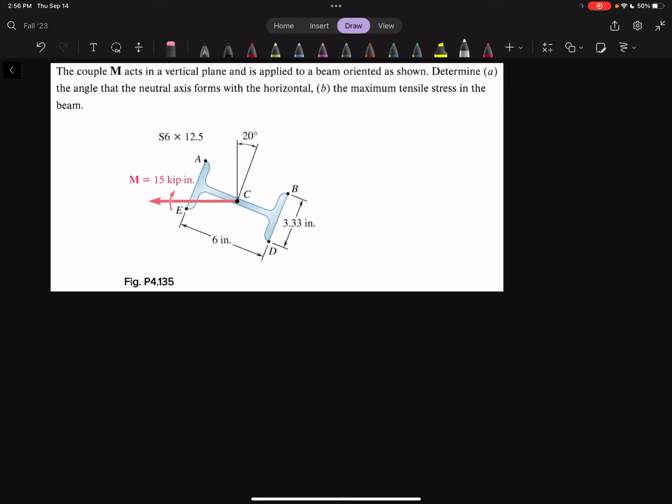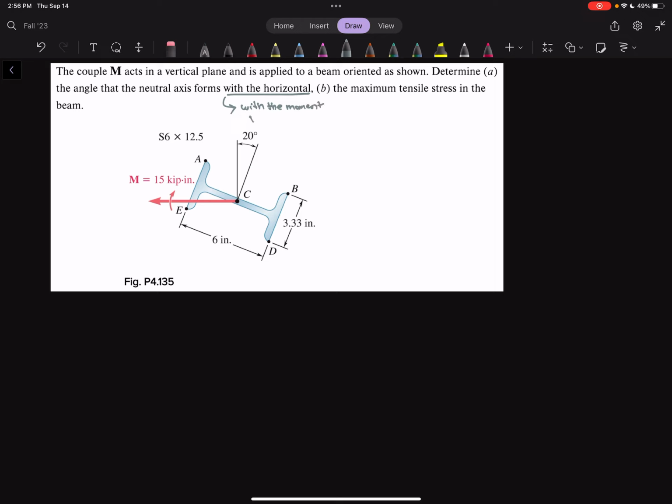All right, so the couple M acts in a vertical plane and is applied to a beam oriented as shown. Determine A, the angle that the neutral axis forms with the horizontal, and B, the maximum tensile stress in the beam. Well, let's think about the angle that the neutral axis forms with the horizontal. Well, we see that the moment is in the horizontal, so let's say with the moment